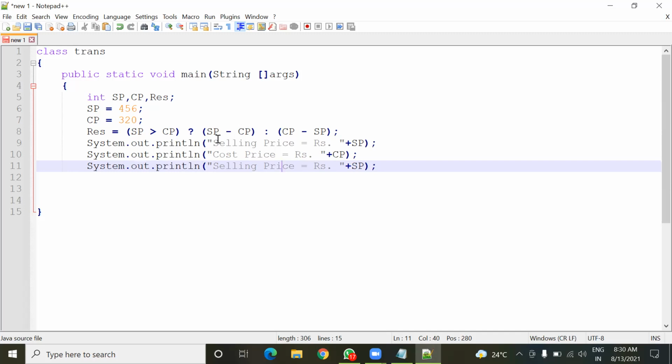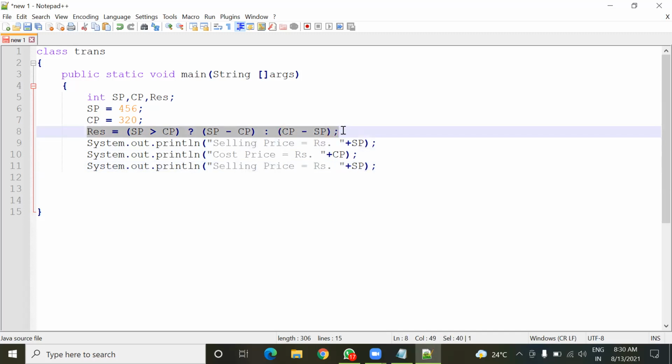We can simply find out the value of profit or loss using this statement. It is, you can say, a disadvantage in this program. To remove this disadvantage, you'll have to include certain other things that you will not understand at this point of time. So I'm just showing the value of profit or loss, but we don't know which it is. We only know the value.